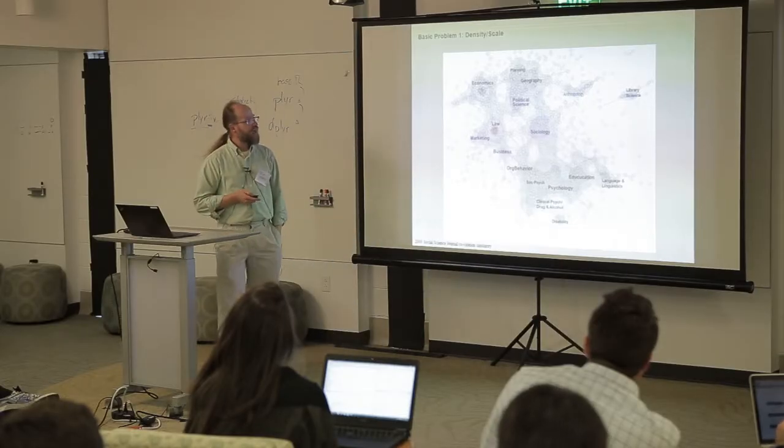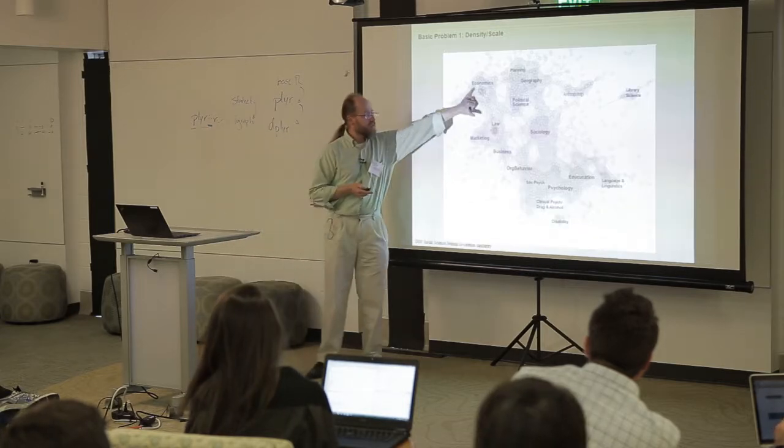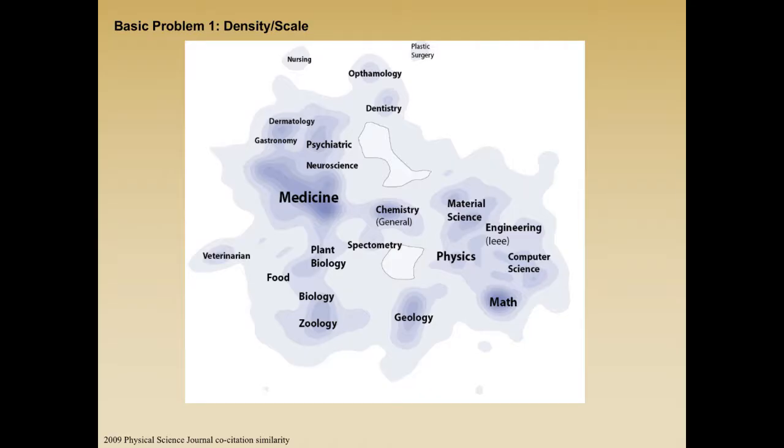This hasn't changed much over time. This is a difference of about 6 years. Economics and law continue to grow. Chemistry is even bigger. The nice thing is that once you get this rubric in mind, you don't need to have the nodes and lines at all. So this is a representation of close to 20,000 journals, if I remember correctly. And what's nice is that chemistry creates this bridge between the medical world and the physical science world. And the physicists and the mathematicians who think they're the center of the universe, in fact, are off on this one side, and I kind of like that. I tease Peter about this all the time.